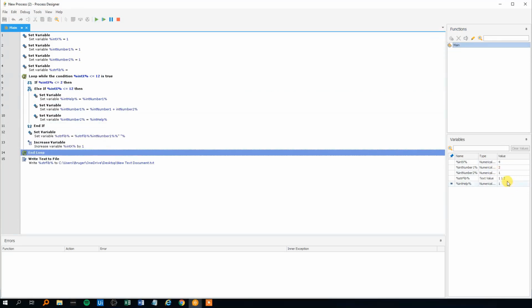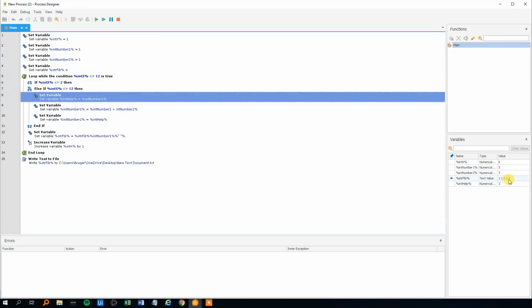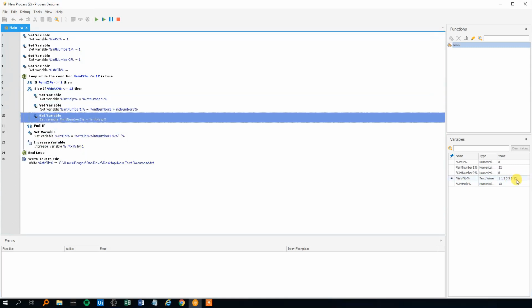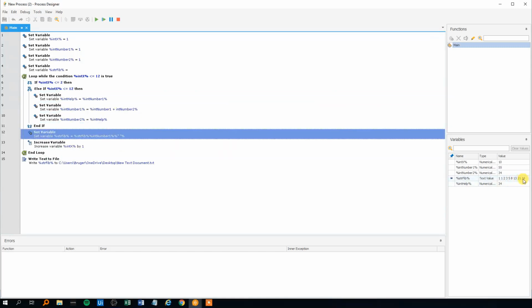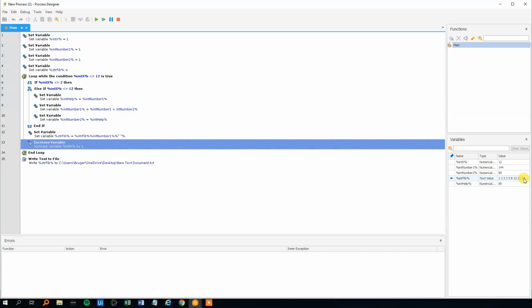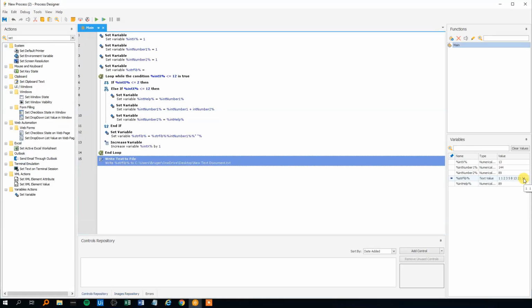We could follow it here. 2, 3, so far so good. 5, well, it's working. It needs to go up to 144. We can see that this intHelp actually stores it as well. So now